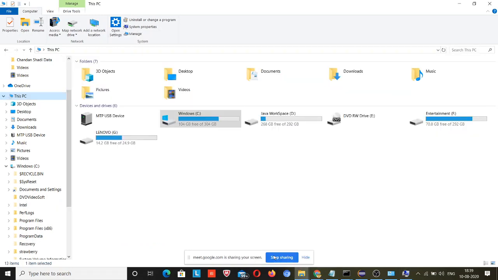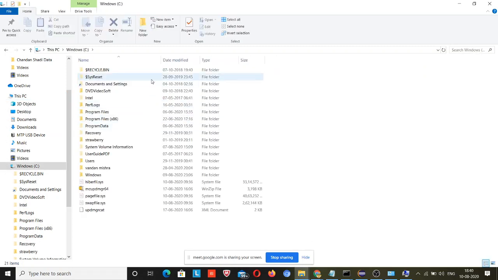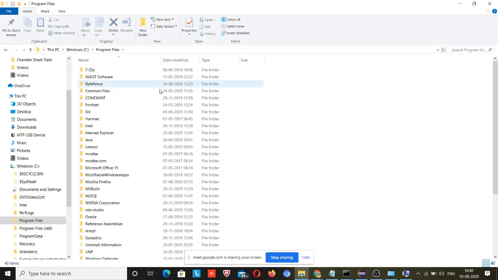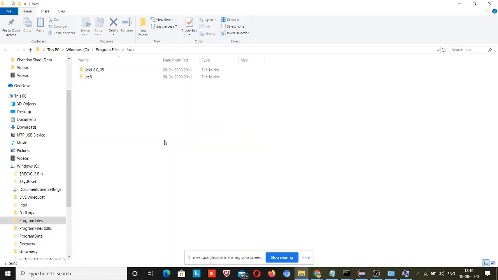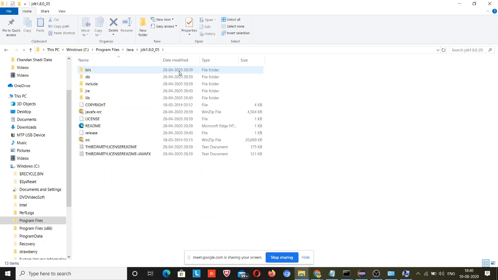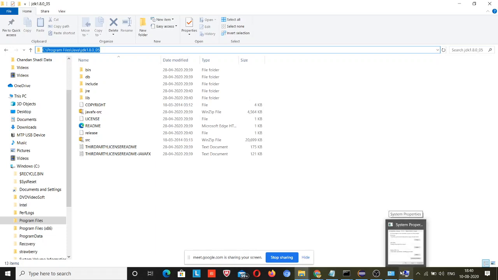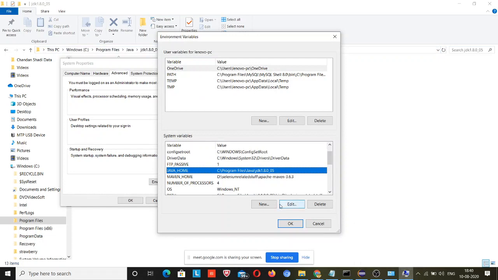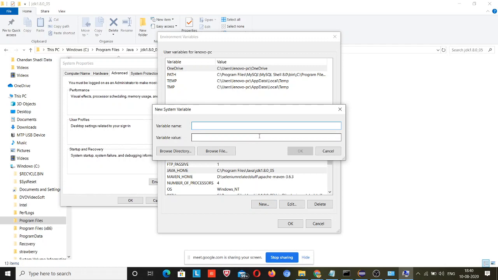If after doing this your system is not working, go to Windows C, program files, or till JDK you can copy the path. There may be a path setting problem in some systems, so for those you need to tell the Java home path. So to do that, this is the process.